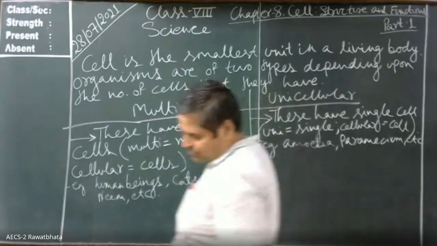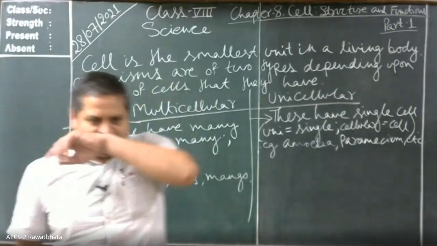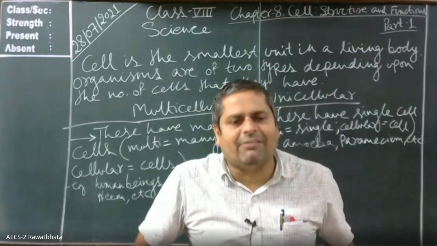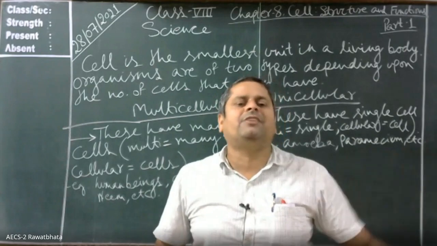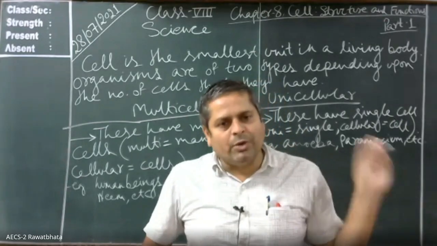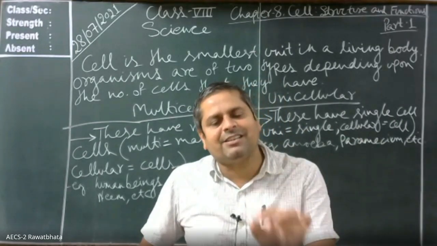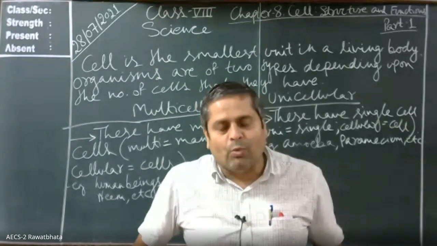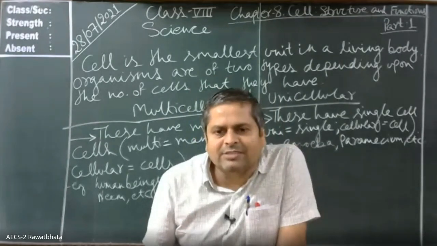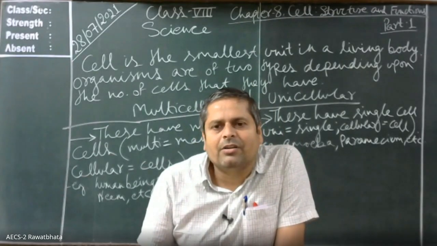Okay, children? Now the question comes that we are multicellular organisms, and in our body there are trillions and trillions of cells, and we are surviving. Similarly, unicellular organisms only have a single cell and they are also surviving. What does that mean? Can anybody tell me? What would that mean? That the one cell is performing all the processes that our body is performing.